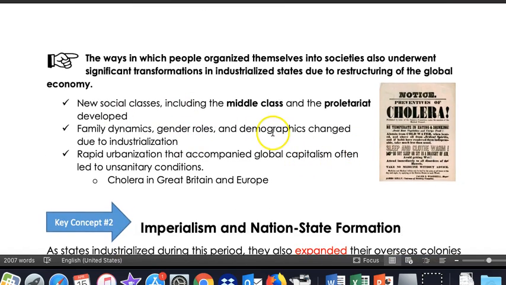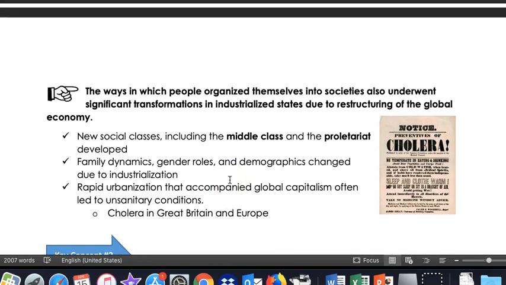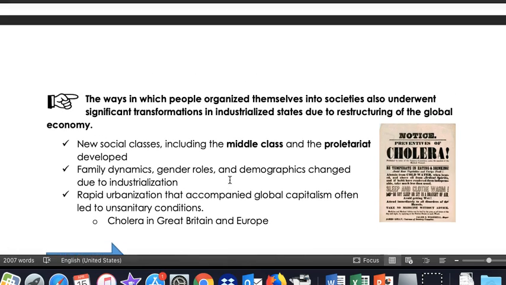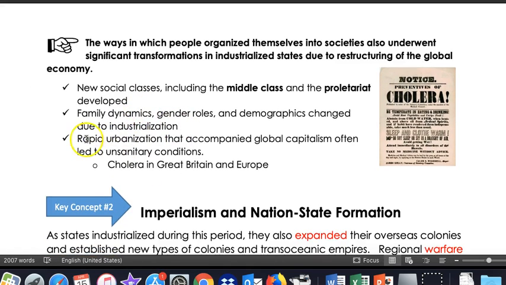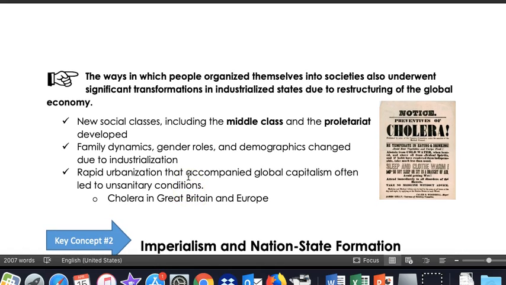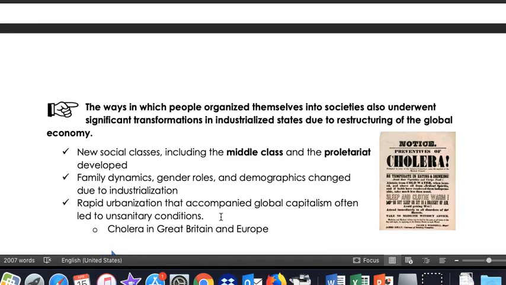We also know that there were new social classes, such as the middle class and the proletariat. We know that family dynamics and gender roles changed, and that women had to take on a greater role sometimes at home. That the working conditions were poor in the factories. That the rapid urbanization that will take place and the influx to the cities, and just the harsh living conditions of people living there. Cholera and the cholera epidemic in these cities in Europe as a result of the lack of hygiene would be a topic to understand as a consequence of this rapid industrialization.